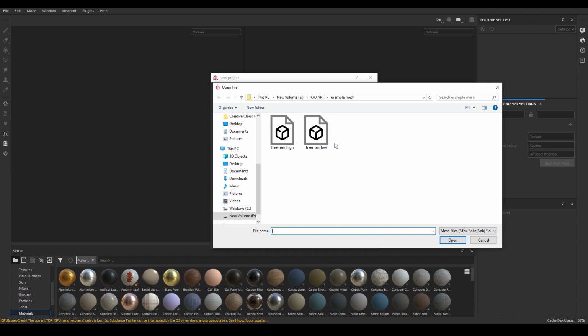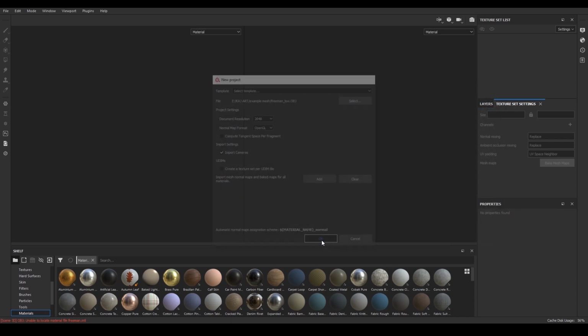And if you guys didn't know, it's always a good practice to work on your naming conventions and keep it organized. So the high poly should have a suffix of high, and the low poly should have a suffix of low, and that's good naming for baking. So we're going to grab that low poly, and we're going to hit open, hit OK, and on the left we have